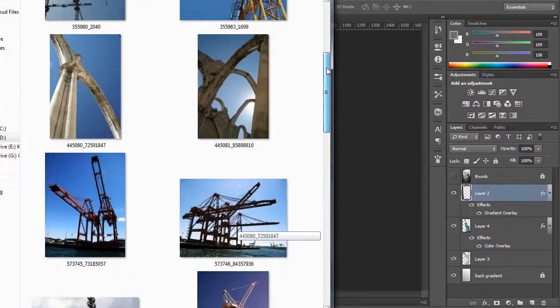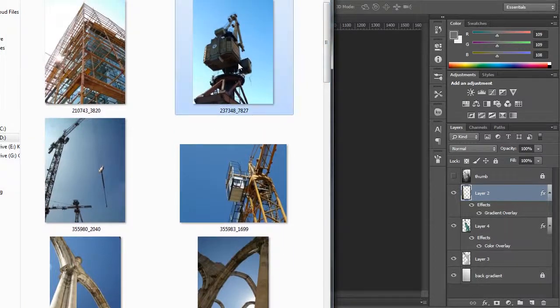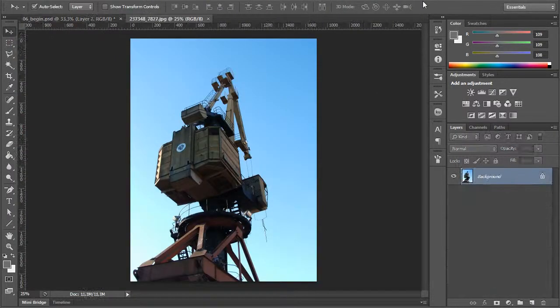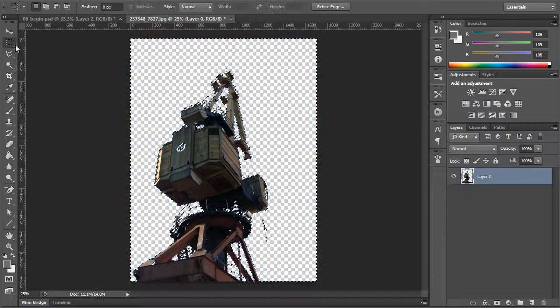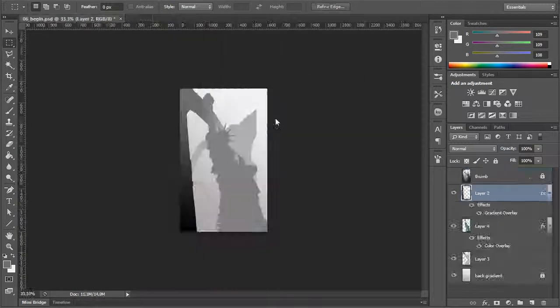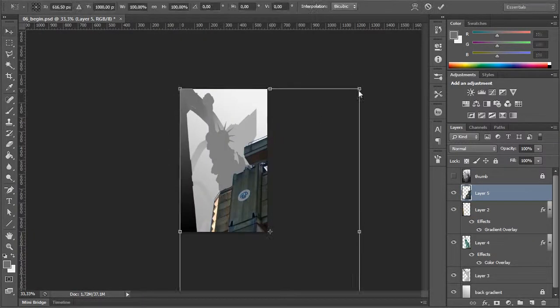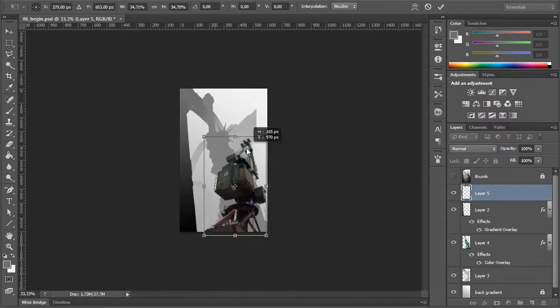And now let's pick a foreground element, this crane over here. Do the same, double click on the background layer, select the wand tool and click the sky color. We need again that contiguous option to be unchecked. It's better, shift click to select all the colors, then delete it,